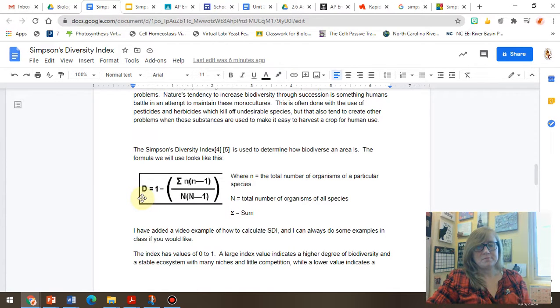So the D, that's diversity index. We could call it SDI, but that's what we're looking for. Okay, so it's 1 minus